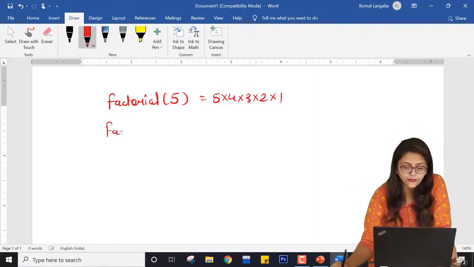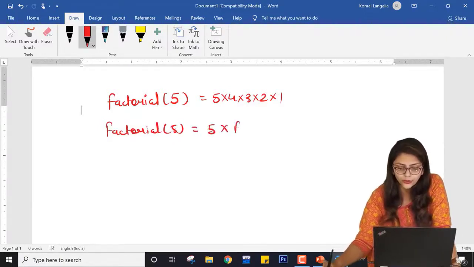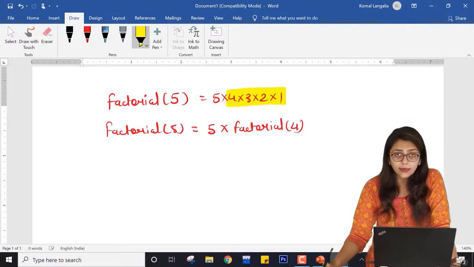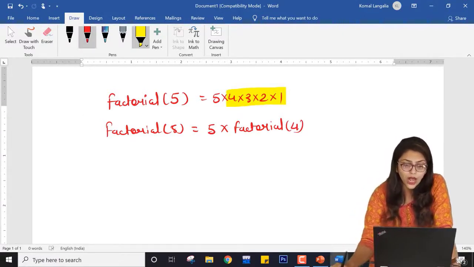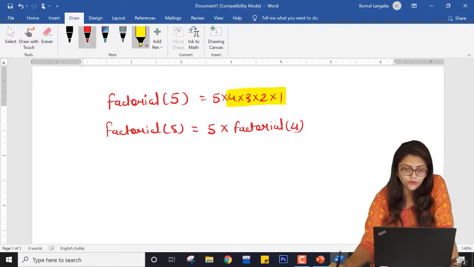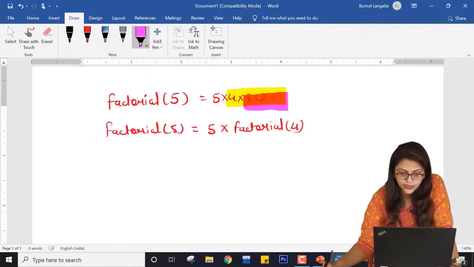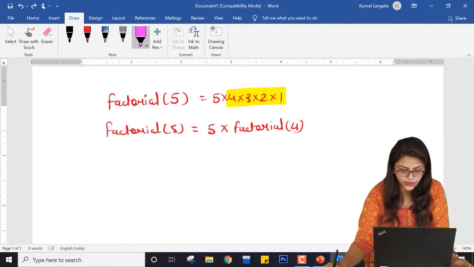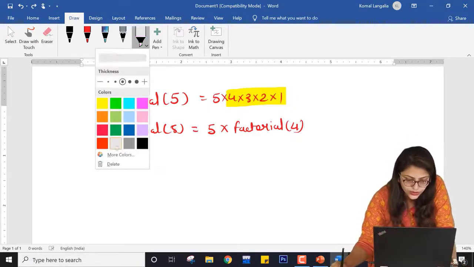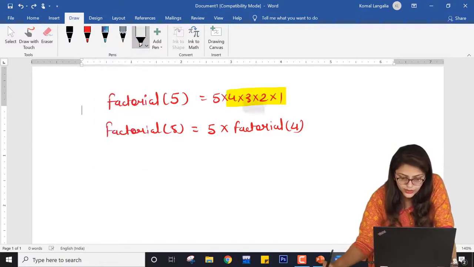You can write that factorial of 5 equals 5 into factorial of 4, because you can see that 4, 3, 2, 1 is nothing but the factorial of 4. Now what exactly is this factorial of 4? Let me use a different color for this.